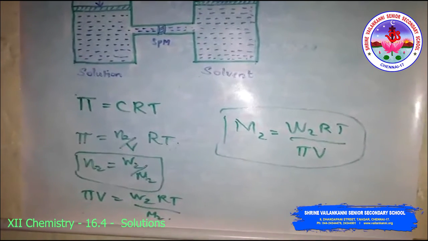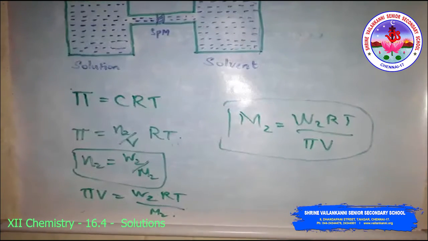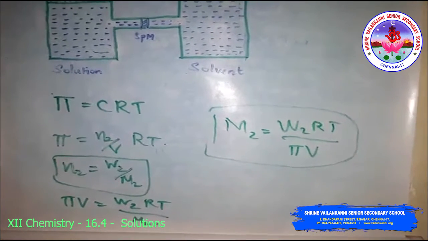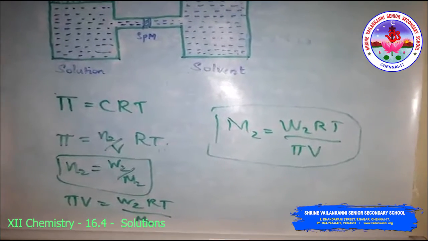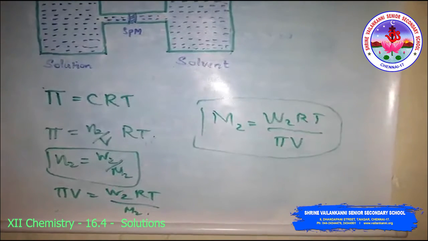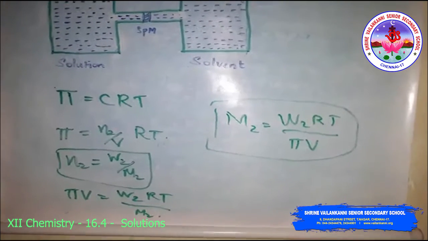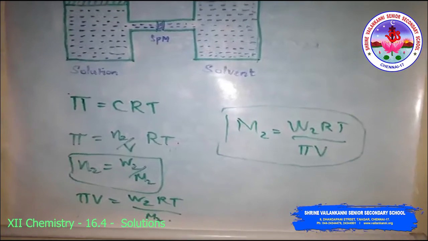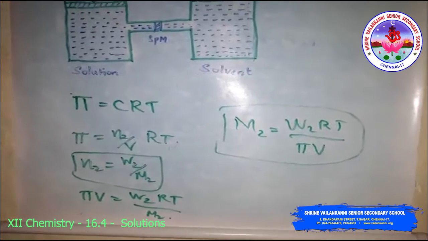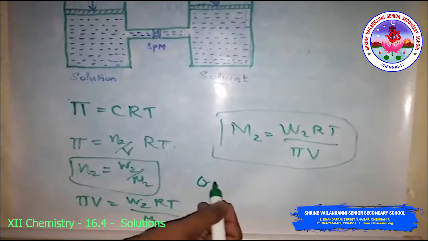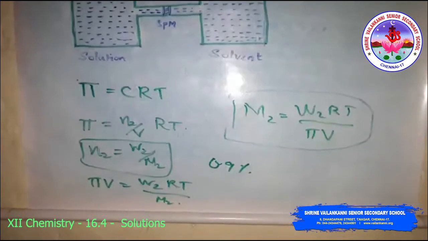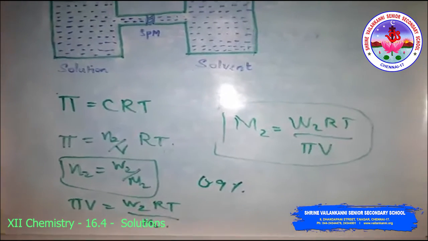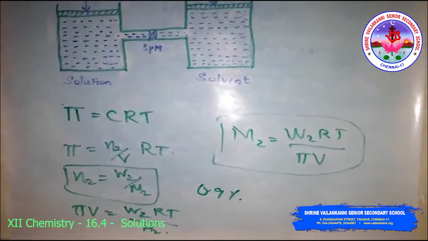Two solutions having the same osmotic pressure at a given temperature are called isotonic solutions. When such solutions are separated by a semi-permeable membrane, no osmosis occurs between them. For example, the osmotic pressure associated with the fluid inside the blood cell is equivalent to that of 0.9% mass by volume sodium chloride solution, the normal saline solution, which is safe to inject intravenously.